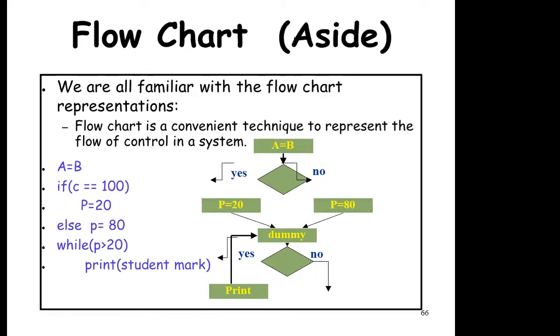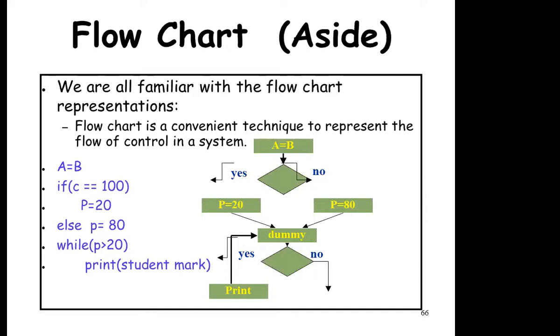So we come to know how many times the loop will be there, and with the conditions we can specify, we can see this will be called or this will be called. It will depend upon the condition specified in a diamond box of the flow chart. So you are all familiar with the flow chart.